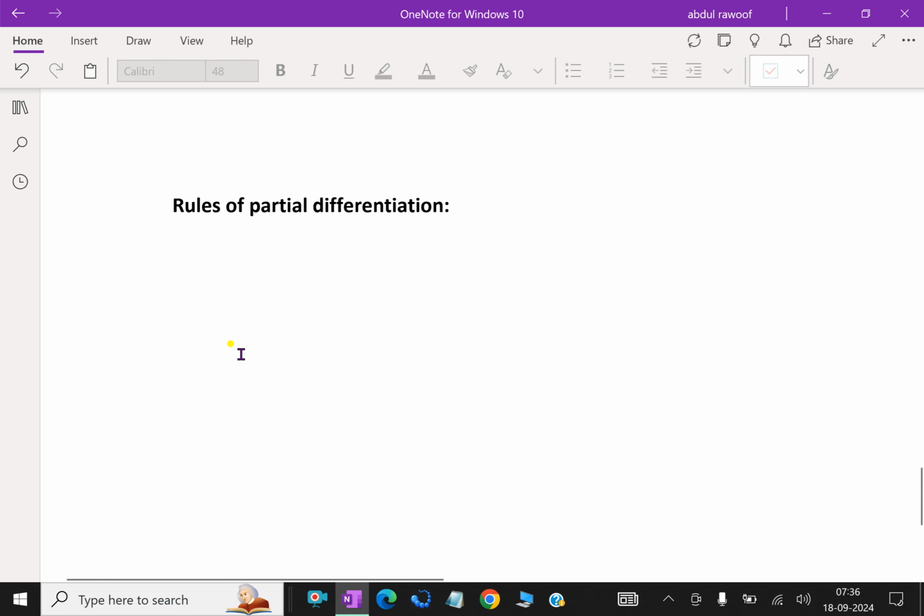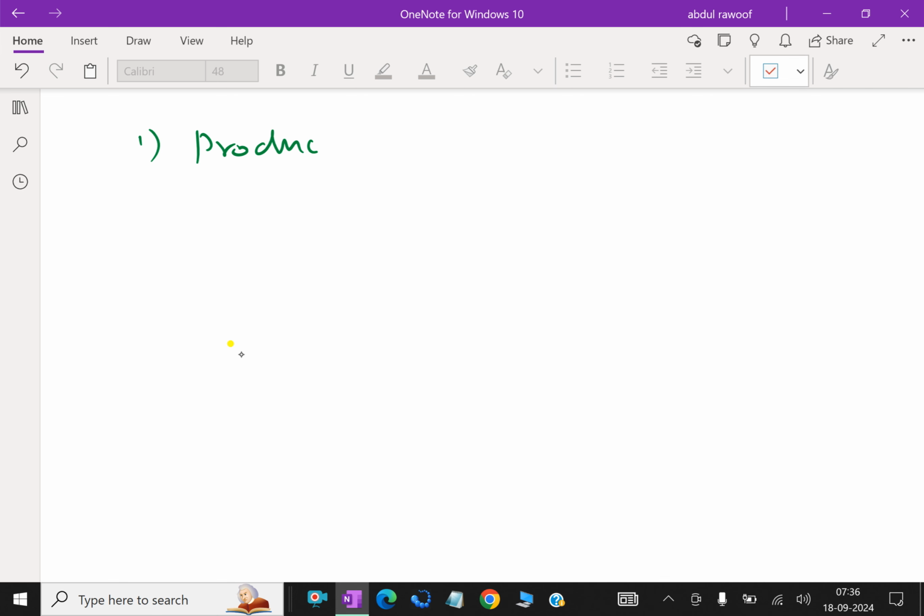Now we consider some rules for the partial derivatives. First is the product rule. For the product rule, consider z equal